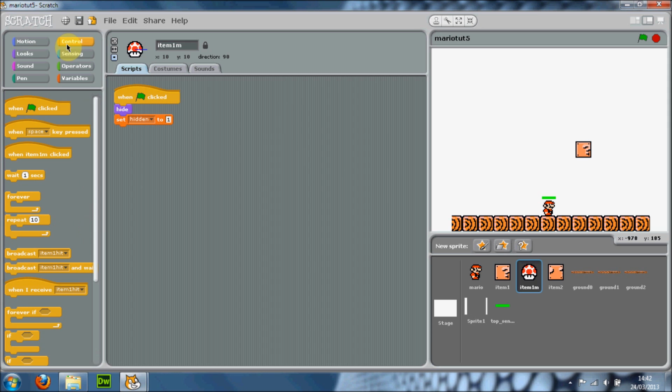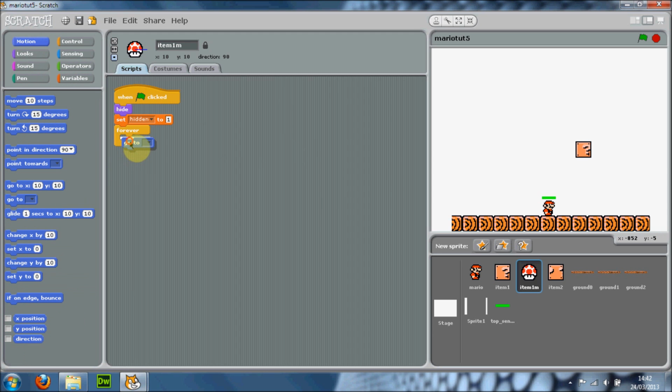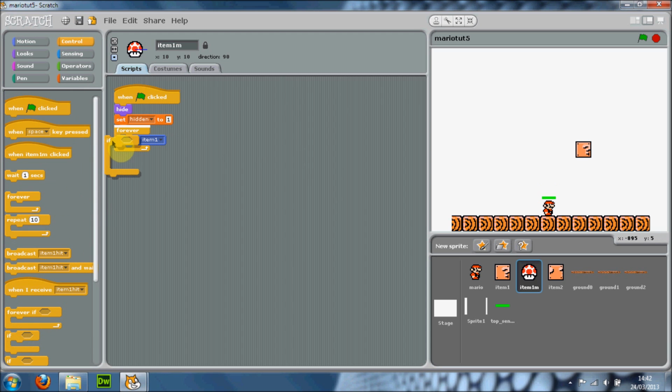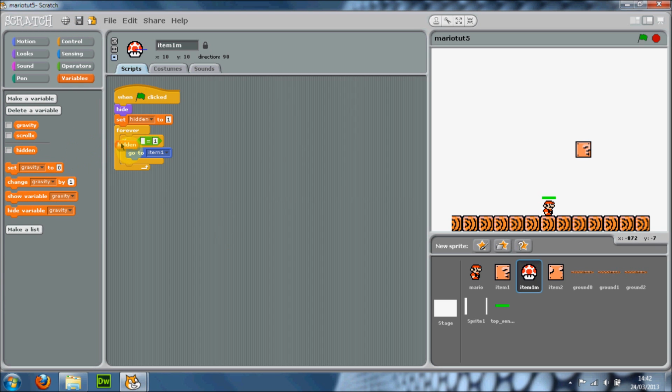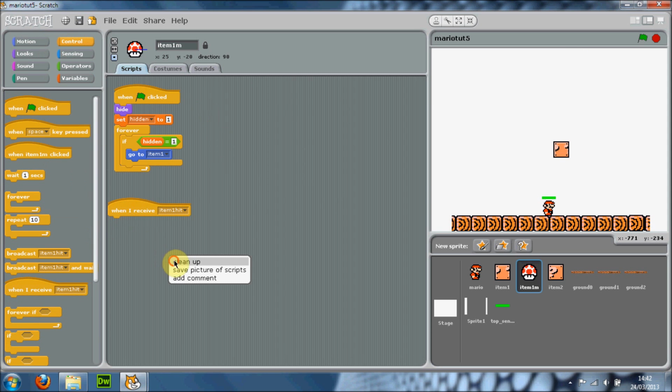And then we are going to want to do a forever loop, and we are just going to want to go to item 1 here. So it will just stay in that item box, and we only want to do this if hidden is set to 1. So we go on an if, oh no, sorry, we're testing if hidden equals 1, then we can go to item 1. Okay, that's fine. And now basically when I receive item 1 hit,